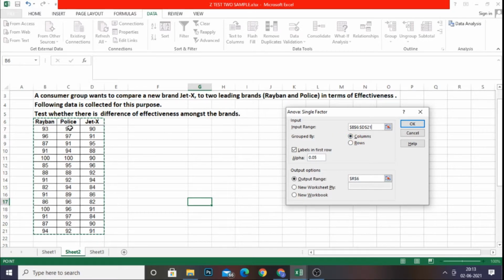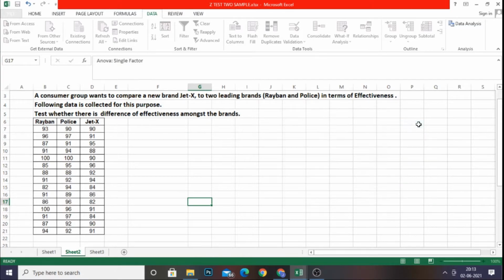If your data is in rows, you just change it to rows. Since I have selected the labels, I have ticked labels here. Alpha level is 0.05, and for the output range, I want the output in this particular cell. I'm giving this and I'm clicking OK.